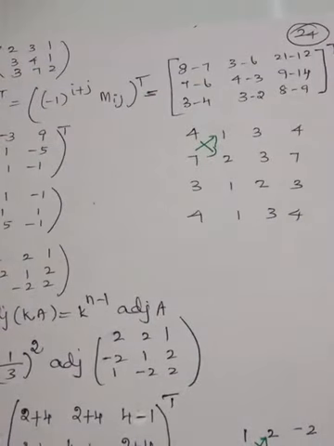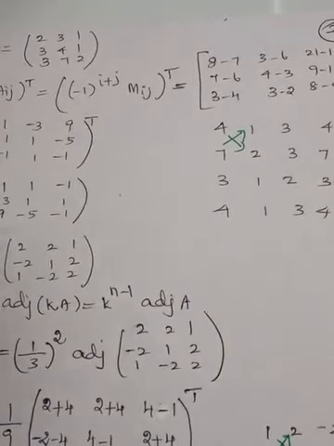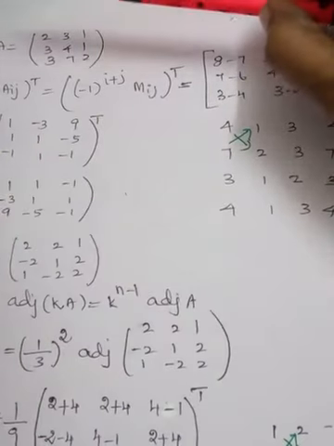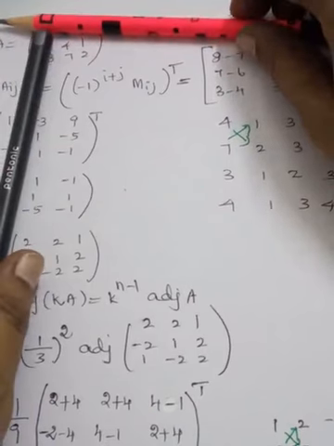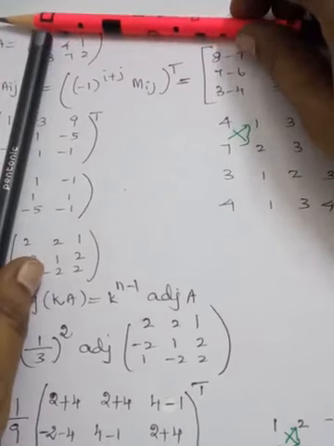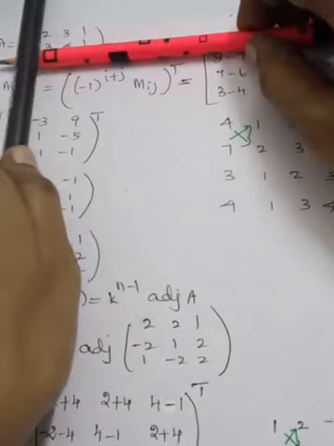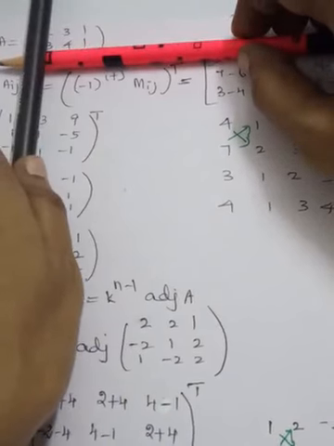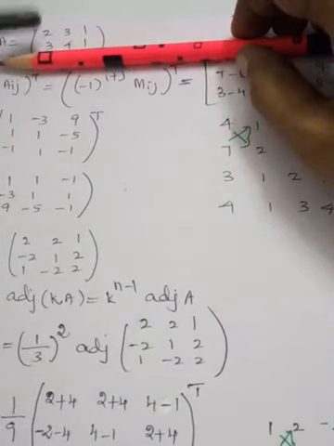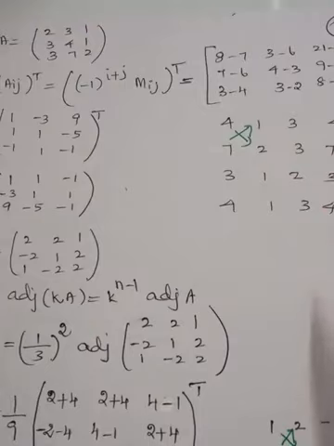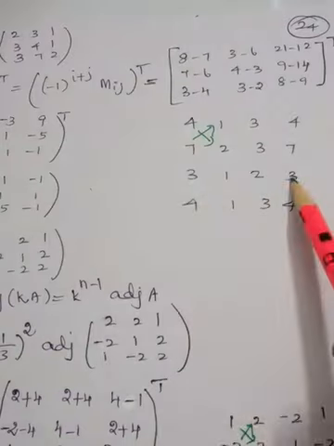Is it clear? Here rough work is very, very important. If you make any mistake in the rough work, you won't get the correct answer. So first, deleting the first row and first column, take the elements in order column-wise. Similarly, last row first column, delete it. Then you consider the next 2 columns, 3 4 1 1. Again 2 3 you have to take, again 3 4. So if you see the rough work, the starting is 4 7, ending is 4 7. Here the starting is 3 4, ending is also 3 4.